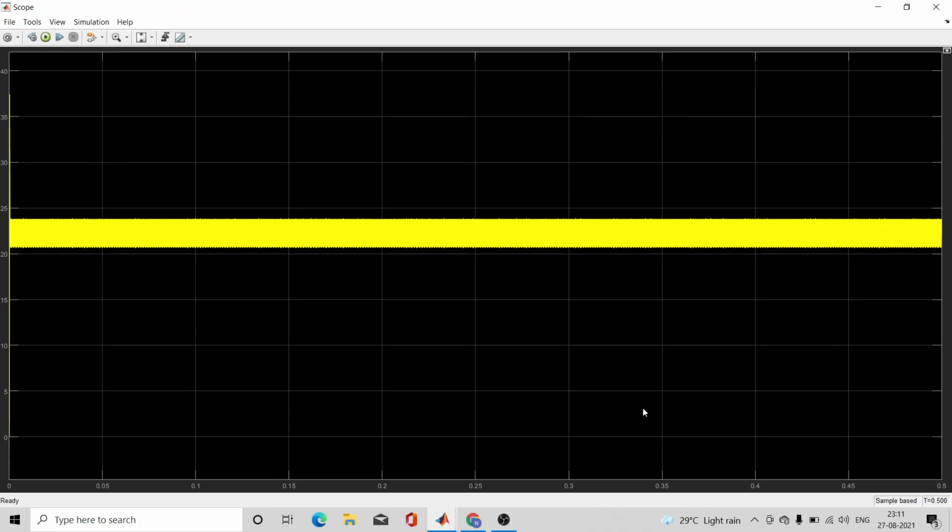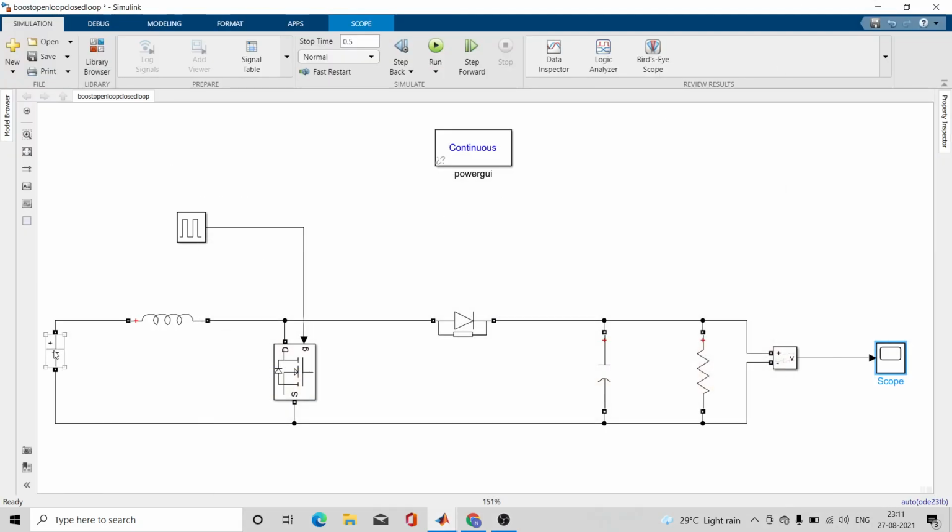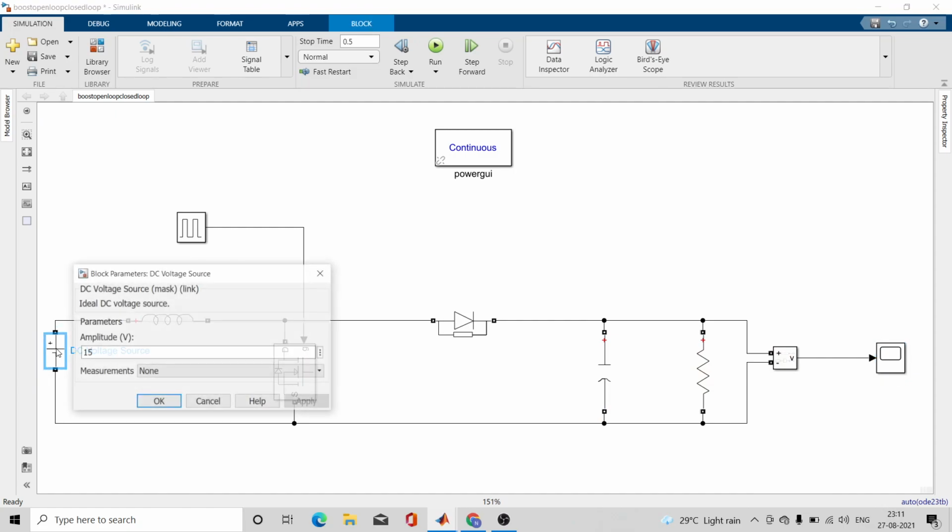Yes, you can see if I change the input voltage, I'm no longer getting the output voltage as 18 volt. I'm getting some different output which is higher, and again the distortions have increased to a higher extent. That is why I am again and again calling it an open loop control or open loop boost converter, wherein if I change the input voltage, my output is changing.